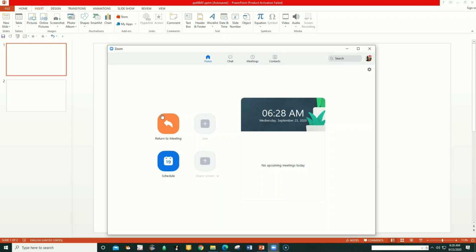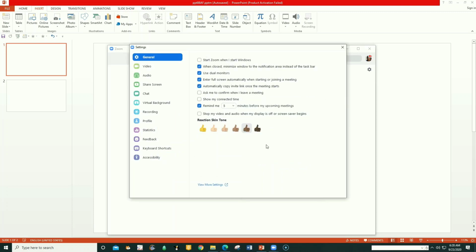A virtual background is simple and easy. First, come to your Zoom interface and go to setting. Setting will bring you to another interface, which is this one. You can see that I already have a virtual background, but before you get to virtual background, you need to